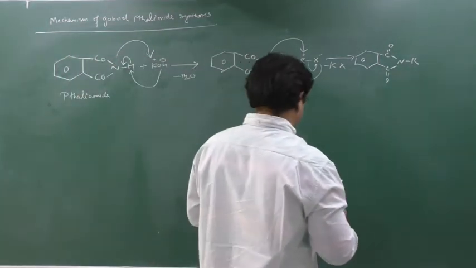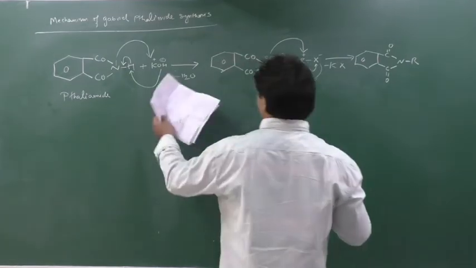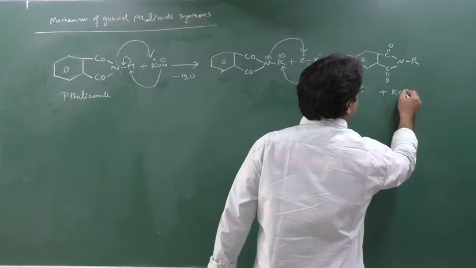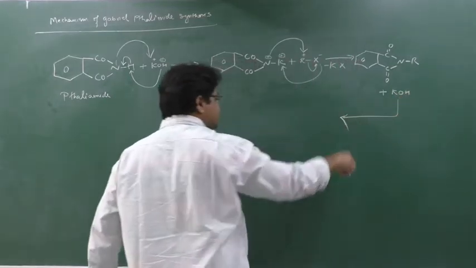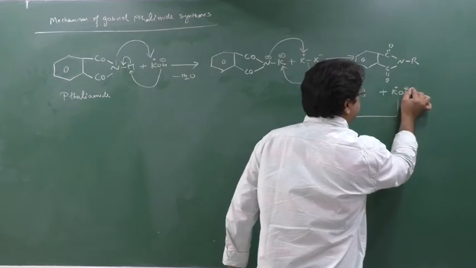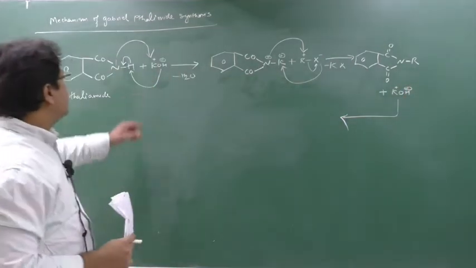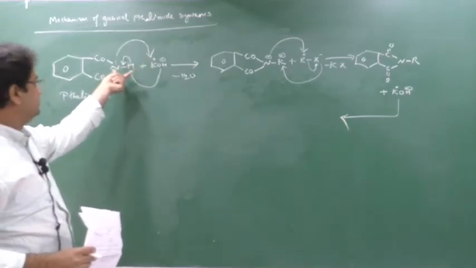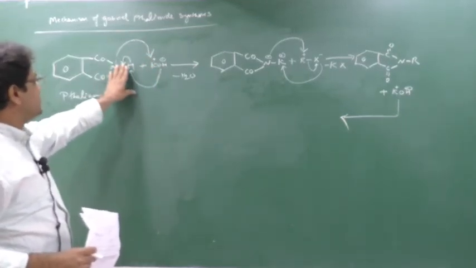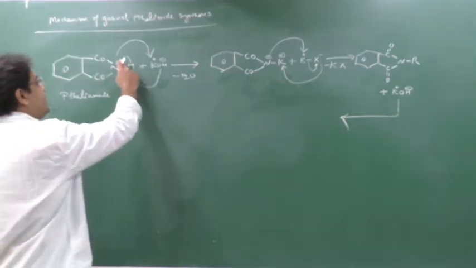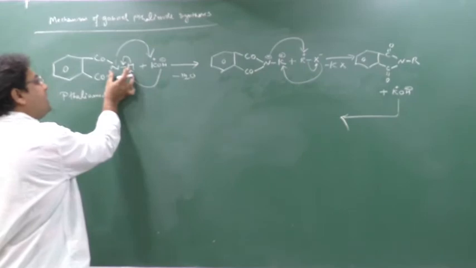Now in the second step, one more mole of KOH will come. Now what will happen? See, check it out. This K has a partially positive charge, this O has a partially negative charge. Beta, in the first step OH has done its work with this NH, meaning OH has removed this acidic hydrogen, and this NH portion has first reacted with KOH.